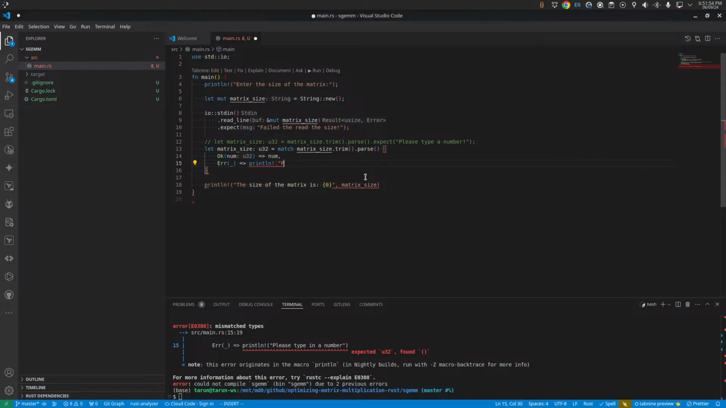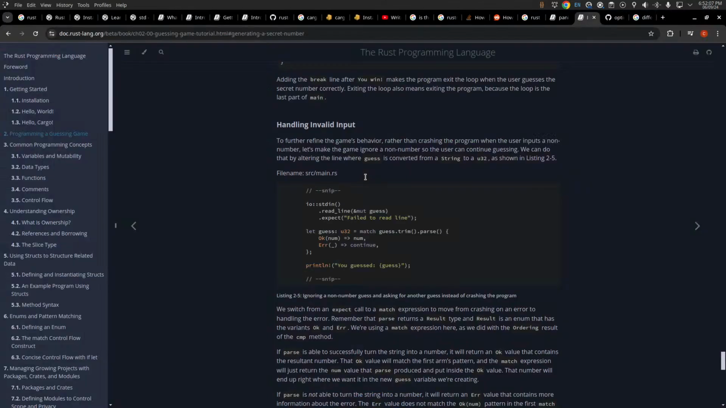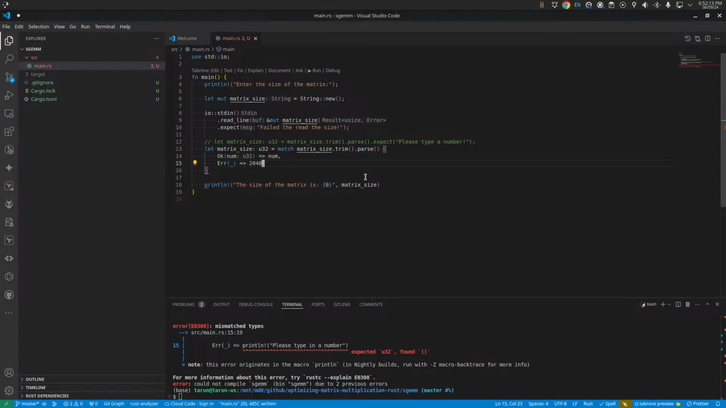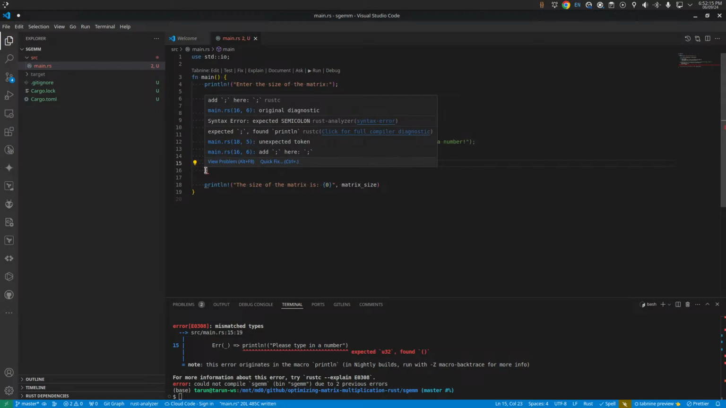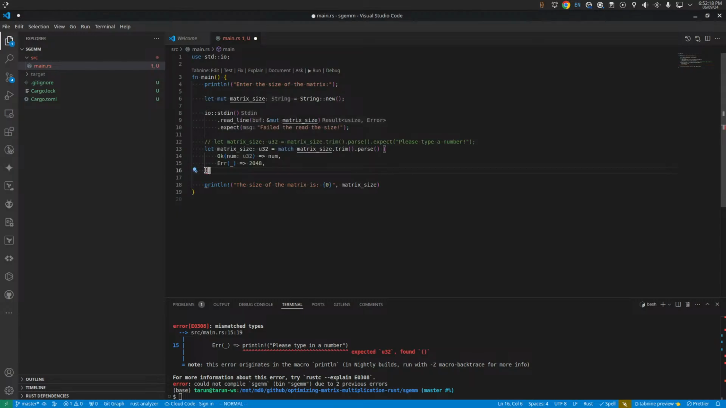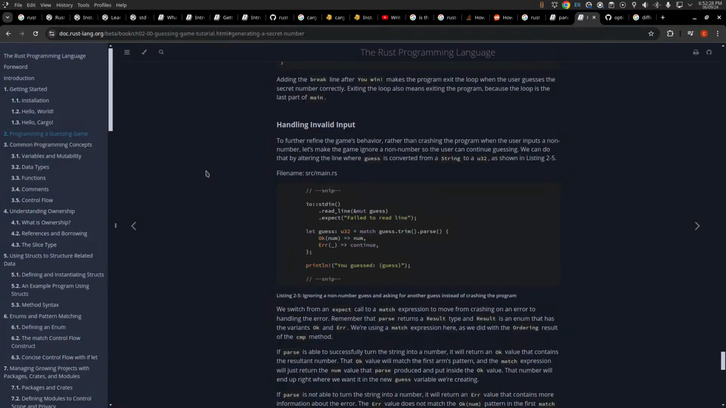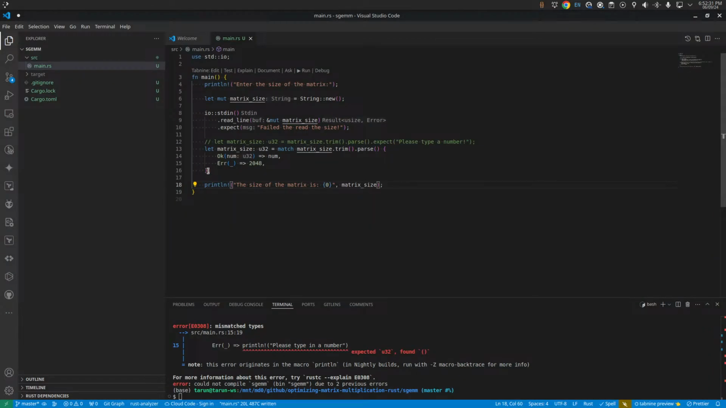So let's just say 2048 is the default value. Bro, what is with these languages wanting a semicolon? Just there. And why aren't you yelling at me for adding a semicolon here? Anyway, that being said,